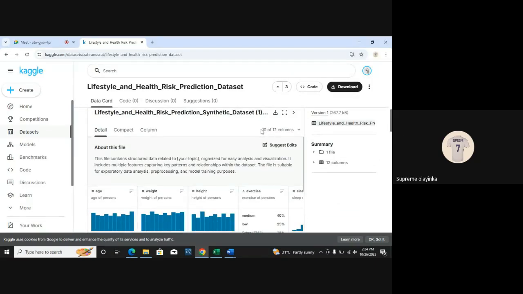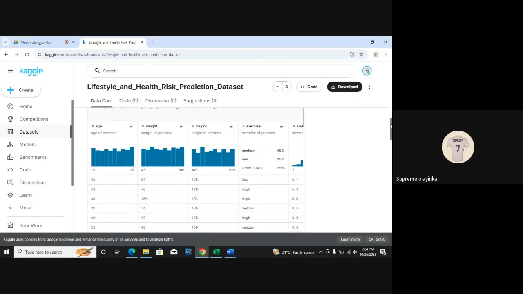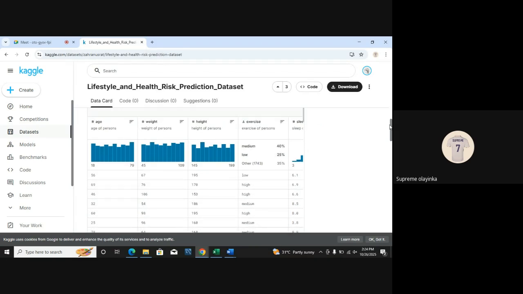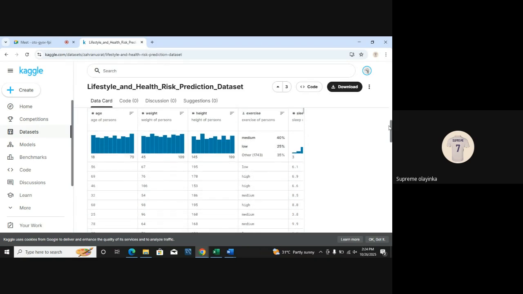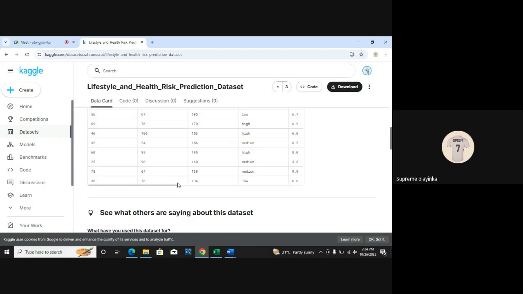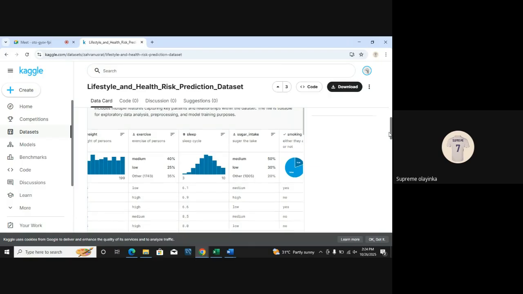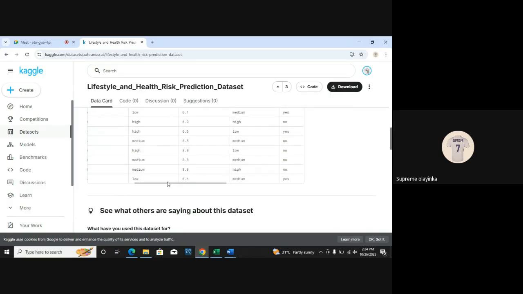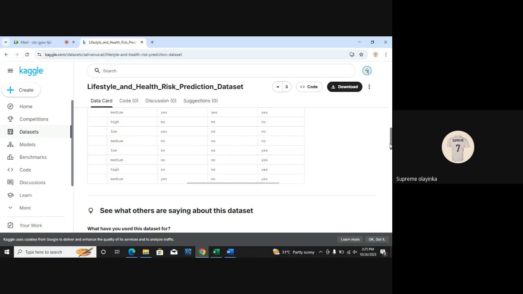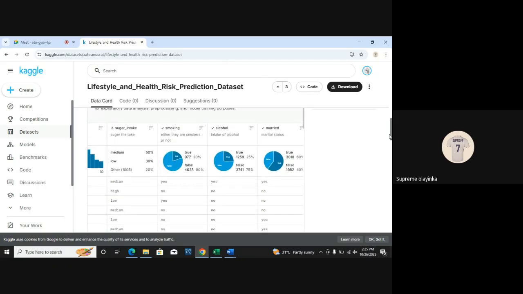So now let's look at it. How many columns? We have 12 columns. I can see we have age, weight, height, exercise. Let me scroll down. We have sleep, sugar intake, smoking, alcohol.